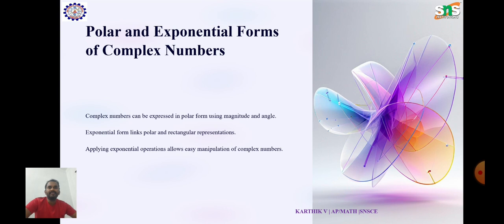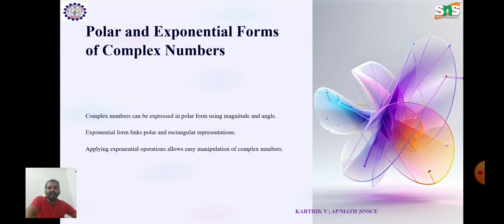Polar and exponential forms of complex numbers. Complex numbers can be represented in multiple forms, two of which are the polar form and the exponential form. Polar form. In the polar form, complex number z is represented using its magnitude r and argument theta. The polar form of a complex number z is given by z equal to r into cos theta plus i